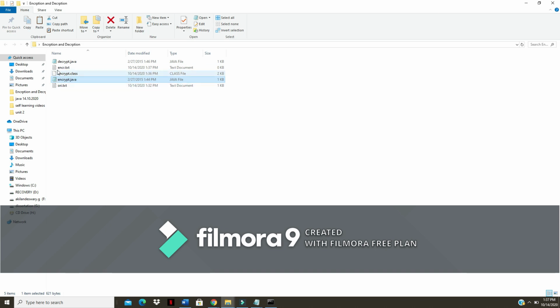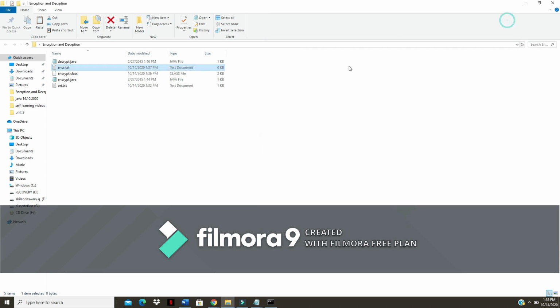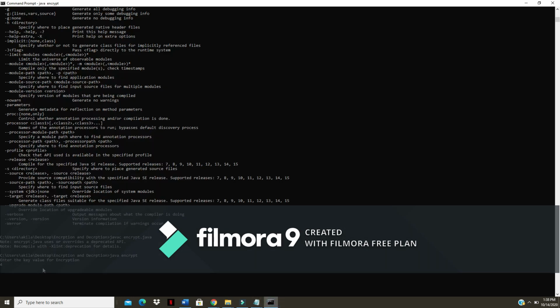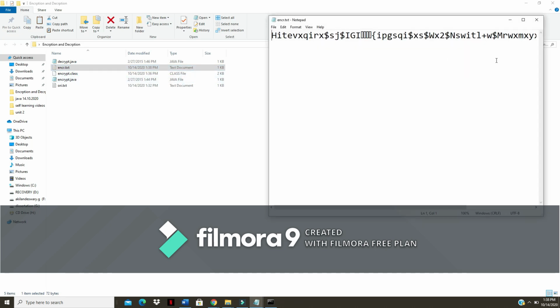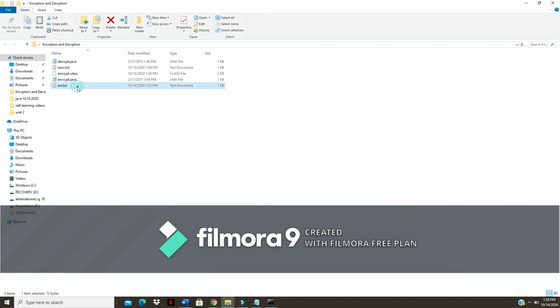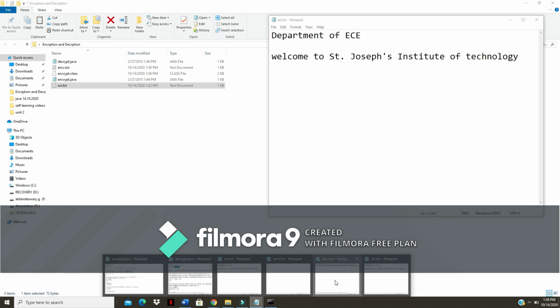Now after executing, you can see that we have given the key, right? Now we can see that encrypt.txt is generated. It is just a file name created. Once we have given the key value and pressed enter, you can see that the message was successfully encrypted. Now you open that encrypt.txt. So this is your encrypted message. What is plain text? This is your plain text. It is converted to the cipher text like this.